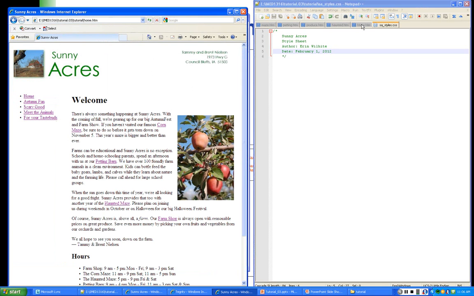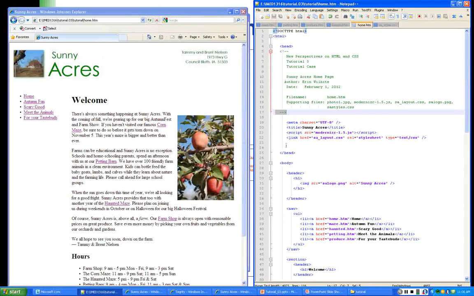So let's go to home.htm. We've got a link to a different style sheet, but we can link to as many style sheets as we want. Page 148 talks about how you can link to hundreds of style sheets by using the import commands instead of having them all on the same page. So in this case, we're going to link to this by going